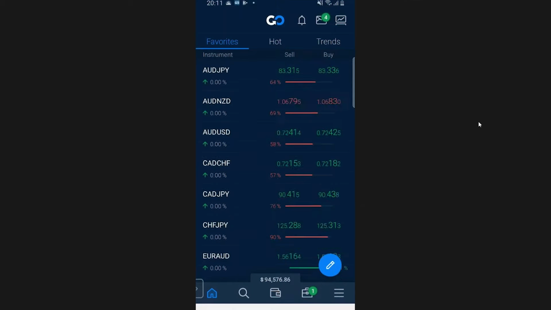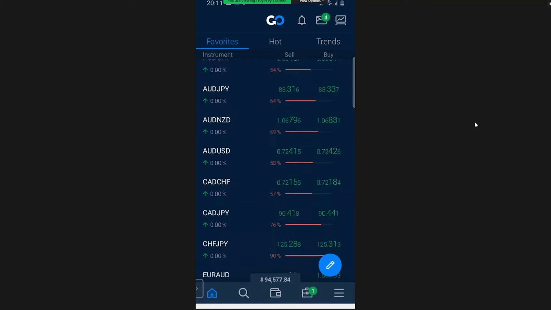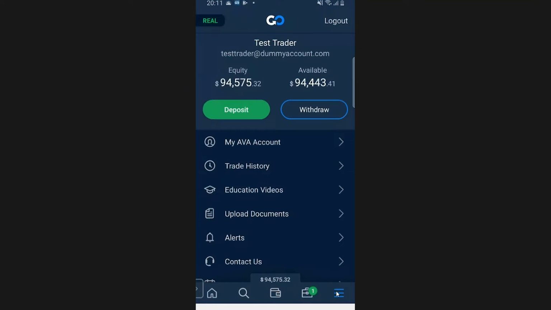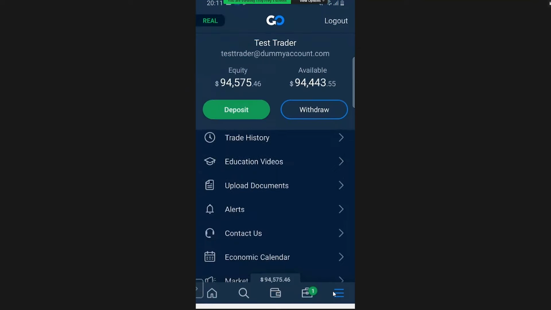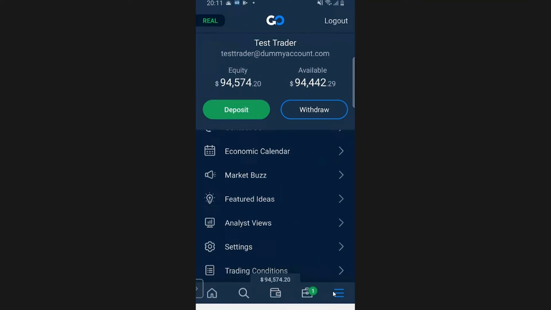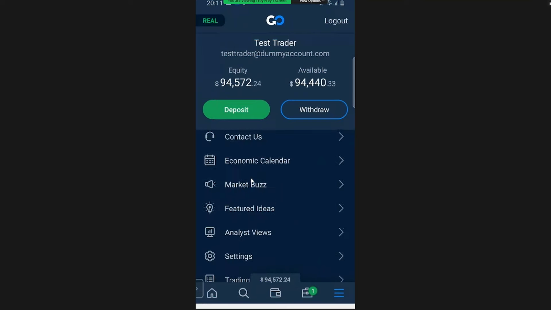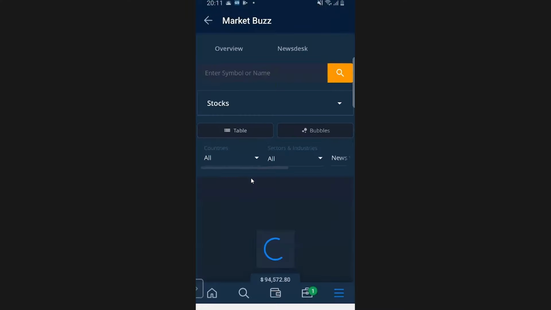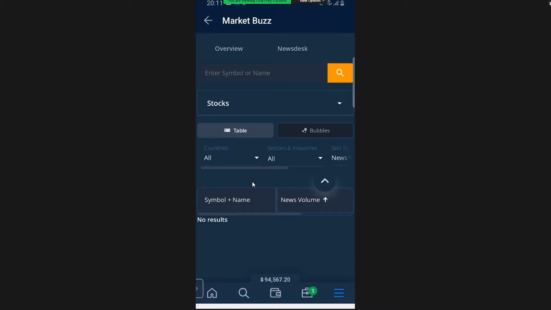And in the mobile app, if you're making use of your mobile device, I recommend checking out the AvaTrade Go mobile app. If you tap on this tab in the lower right, like we like to do in the webinars to use some of the advanced features, if we take a look at the market buzz, since we're talking fundamental news, if you tap on market buzz, you're going to get articles for the most trending stocks. Okay, it's stock focused, the market buzz. And what you'll see are the most recent articles popping up for the most trending stocks.